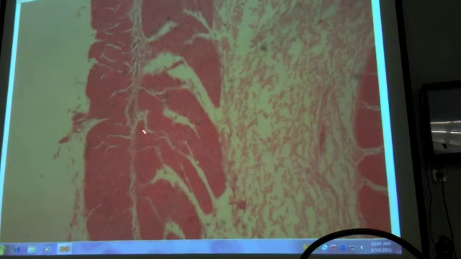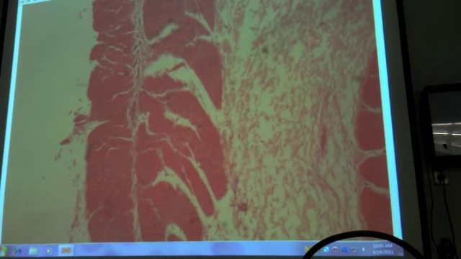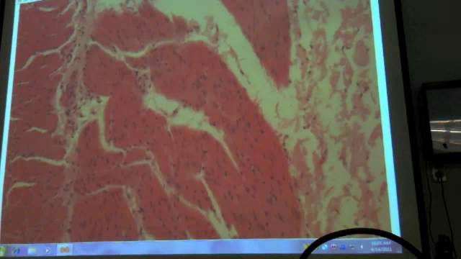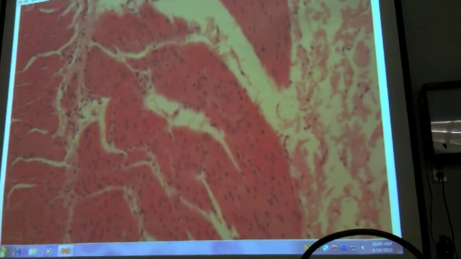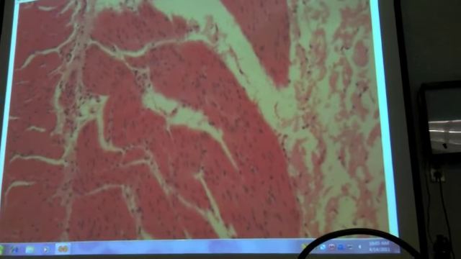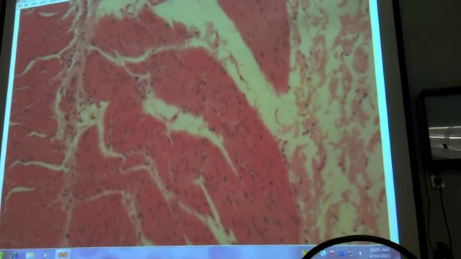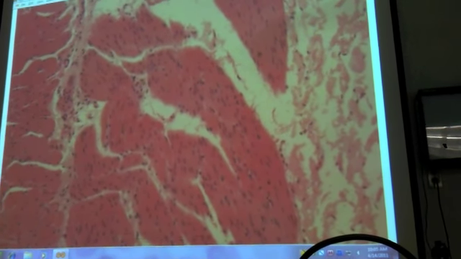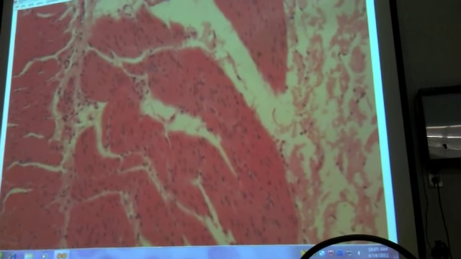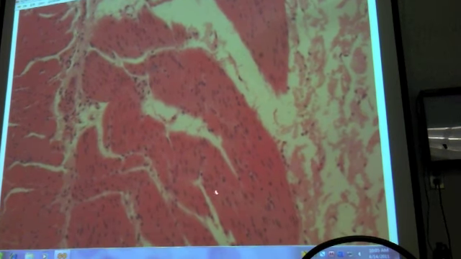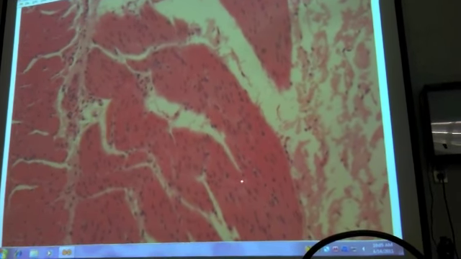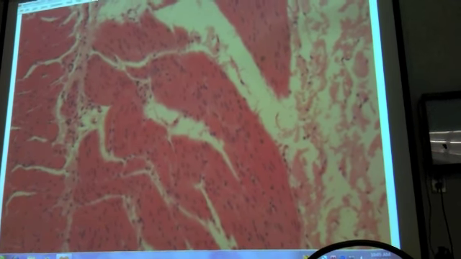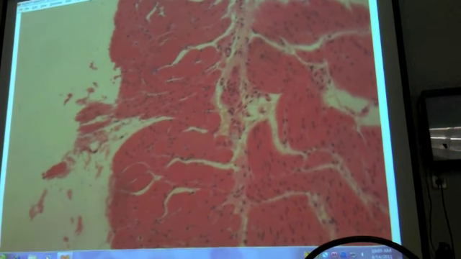And then we get deep to the submucosa, and we're in the muscularis externa. And we have an inner circular layer, an outer longitudinal layer, and let's go up in power and see if we can recognize that tissue type. Okay, so we're at low power here. Would you call this skeletal muscle tissue? No, the fibers are so much smaller, and the nuclei are really flattened, kind of torpedo shaped. So what muscle tissue type is it? Smooth muscle, okay? And this is the inner circular layer. And this is interesting. As we go to this outer longitudinal layer, I'm going to take you up to a higher power. I found